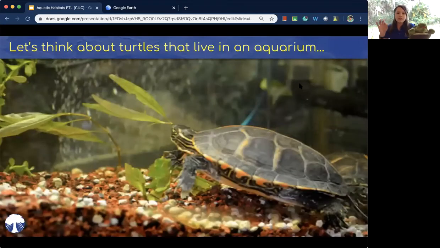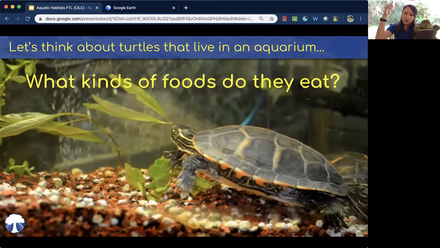One other thing, let's think about turtles in general. So maybe you haven't seen a turtle before out in the wild, in nature, but you might have seen them in an aquarium. So as we're going through this and thinking of a home for Tahoe, my good buddy, think about these things. What kinds of foods do they eat? So foods that are fed to a turtle in an aquarium are like maybe lettuce or apples that are given to them from the turtle parent, a human.